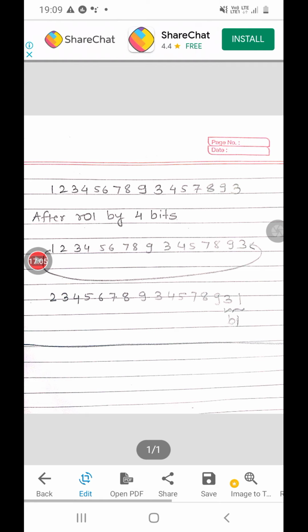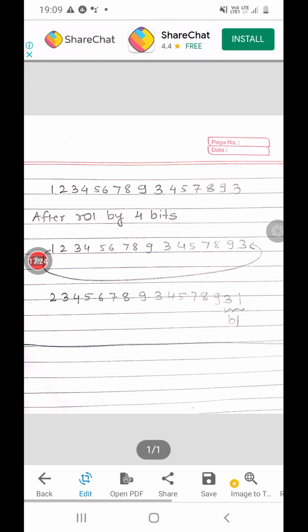If it is greater than 9, or if it is less than or equal to 9. So this one is less than or equal to 9. So I will add 30h into it. So it will become 31h. That means how does this 1 get stored? 1 gets converted into its ASCII and it gets stored as 31h.